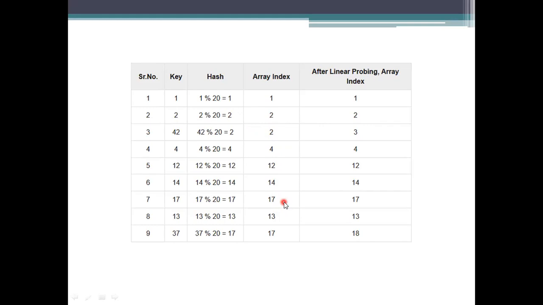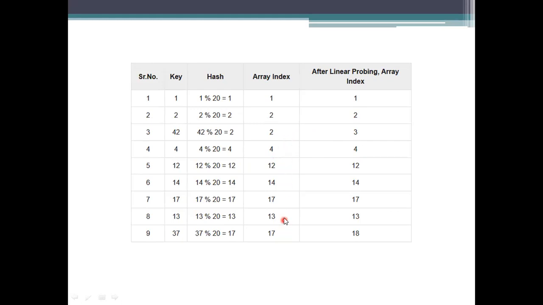To avoid the collision, linear probing says to increment the value, or go for the next cell, which is an empty one. If the next cell is empty, just use it. If not, go for the next cell after that. For example, 4 has been used by the key value 4. The data should not be overwritten, so we go for the next empty cell. Surely the third cell is empty, so it is stored there.